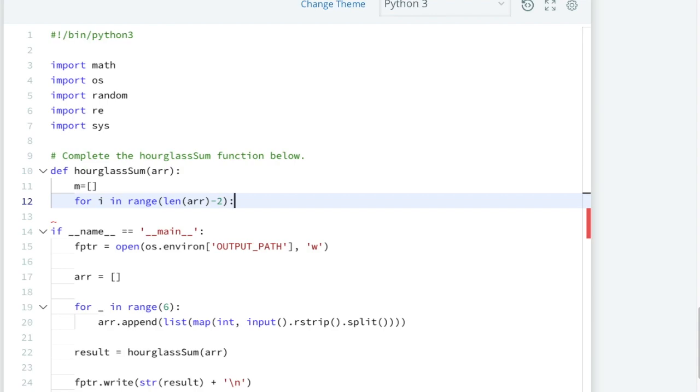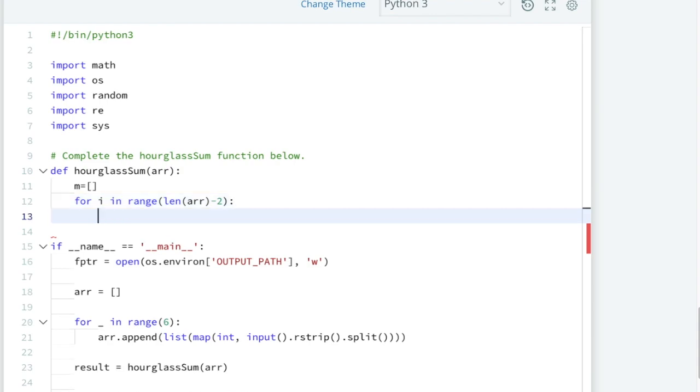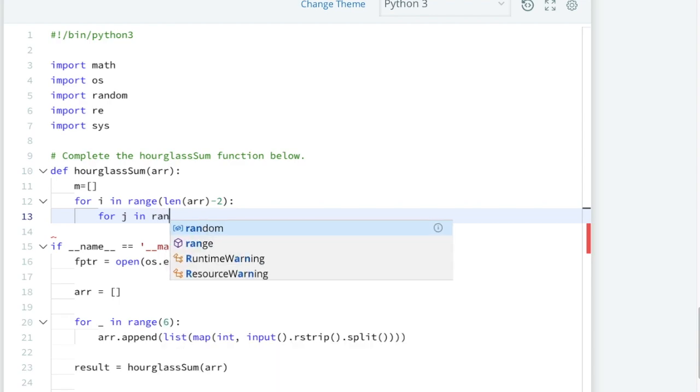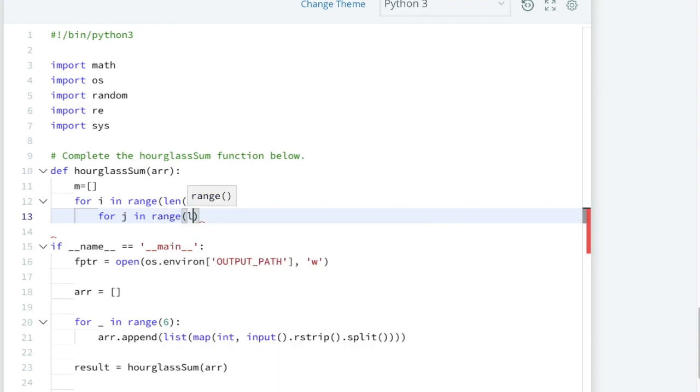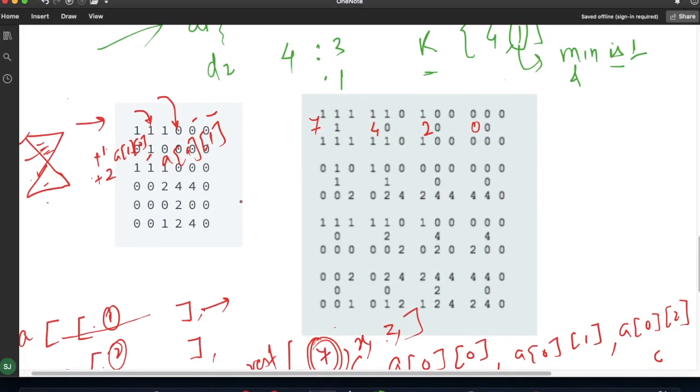Now for getting each list, for j in range length of array minus 2. So this was my i value, and this is my j value.